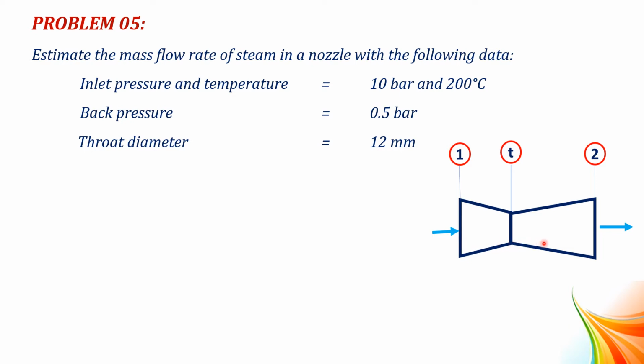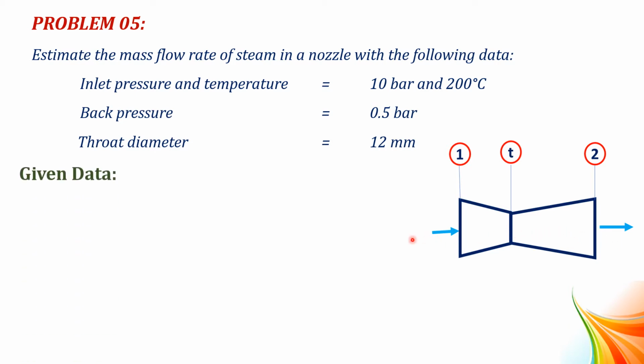There is also a drop in enthalpy or total heat of the steam. This drop of the heat is not utilized for external work, but it is converted into kinetic energy. In the portion 2, that is divergent portion, there is a further drop of steam pressure with a rise in its velocity. Again, there is a drop in the steam enthalpy or total heat of the steam, which is converted into kinetic energy.